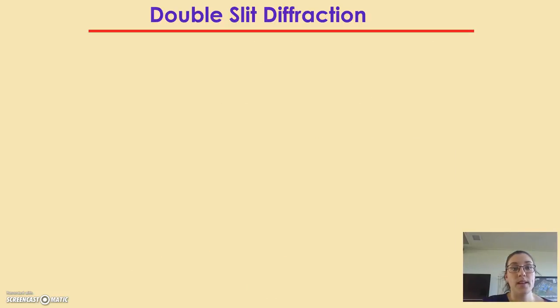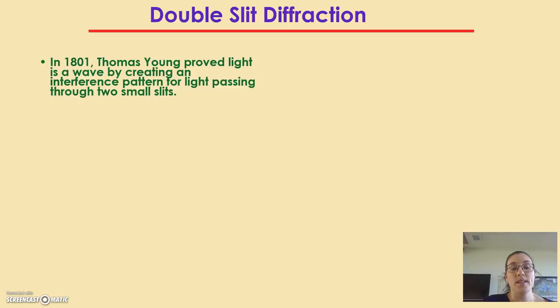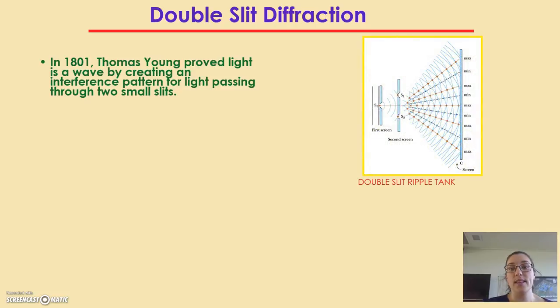Okay, now this is more interesting. We're going to look at double slit diffraction. In 1801, Thomas Young proved that light is a wave by creating an interference pattern for light passing through two small slits. This was the experiment that he set up: he had one screen to have just one set of wavelengths coming out,